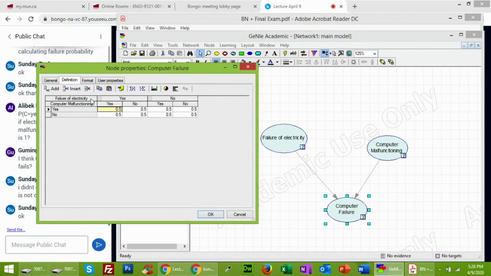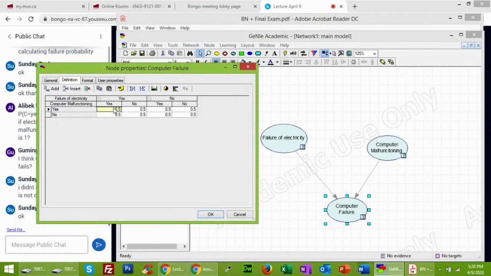Now we can also change these things. Sometimes the information is not given to you completely, so I can just flip them over and take it back. Just left click on your mouse and you can change your values here.